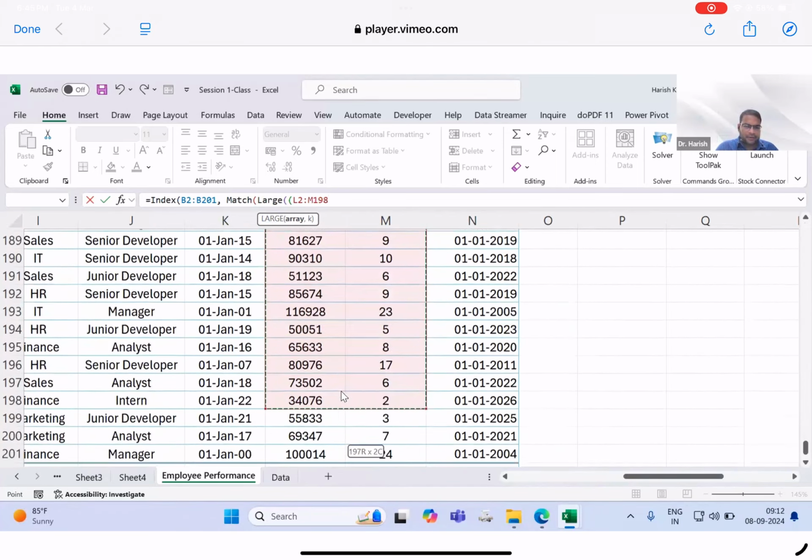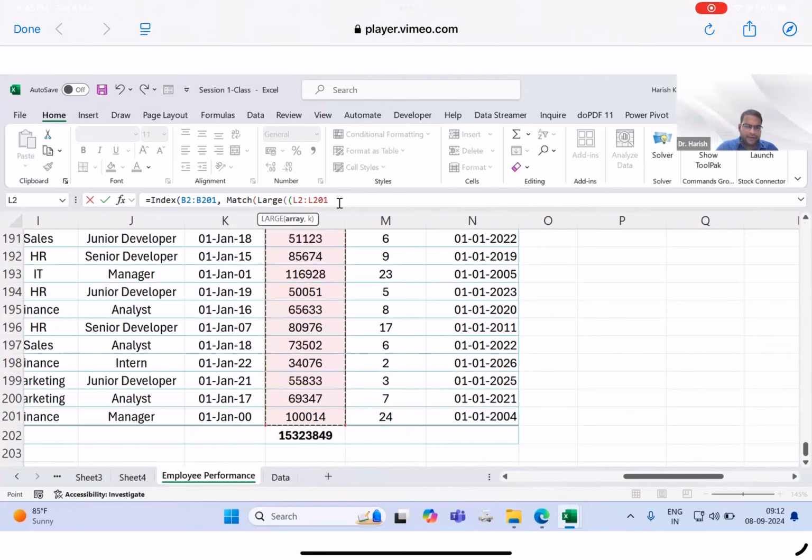So I have selected all the salary part. Identify the fifth highest. Let's say fifth, kth value is fifth highest. I can write in a cell and I can directly give the cell address as well, if we want to drag or make it autonomous. But here I'm making a hard code. The fifth I'm writing here. And then